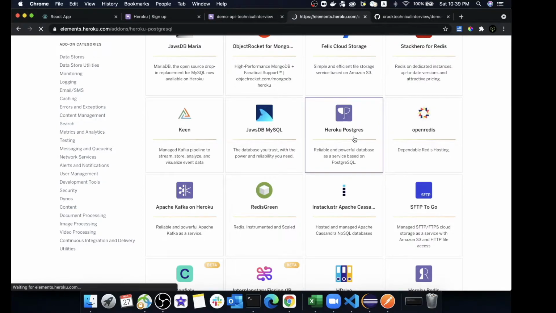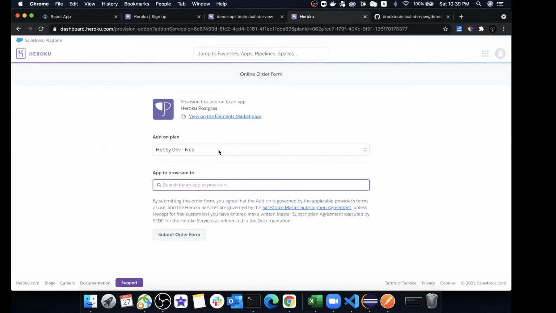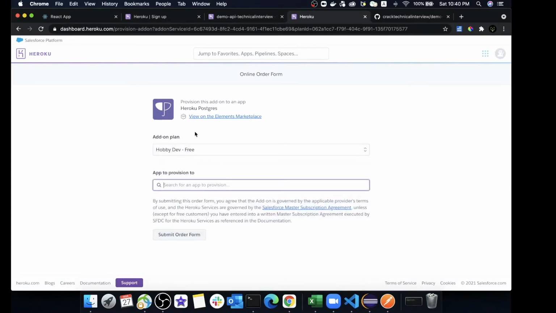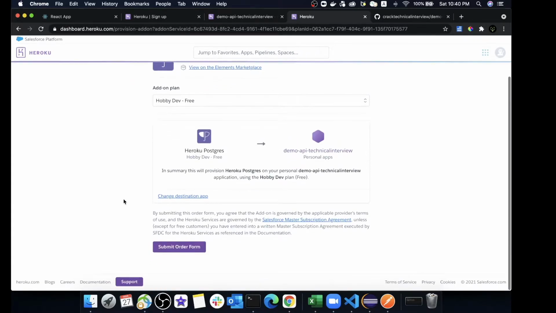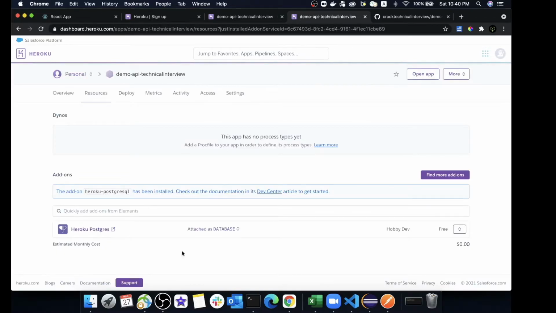So let's start with the configuration of this Postgres database into our application. We will select this application and click on install the Heroku Postgres application. Over here you can see we have selected the plan as free. If you want, you can also take the paid version of it, but as of now, I will be selecting the free version. The deployment server with which we need to connect this database is our API server, so we will select our API server. Let's click on API and click on submit order form, and thus we are done with the configuration of our database into our application server.